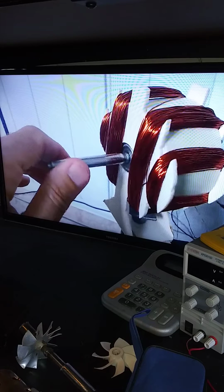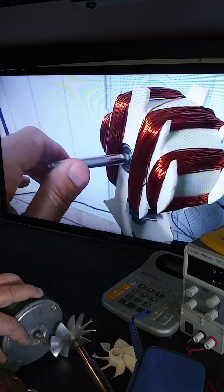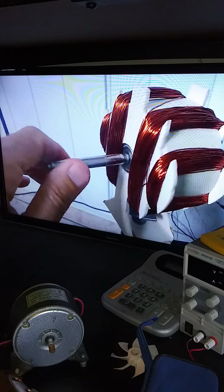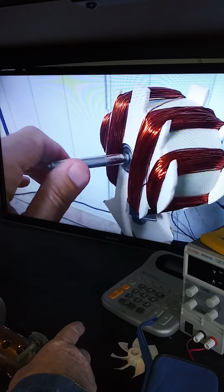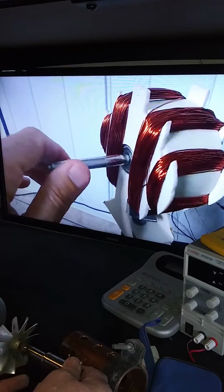And I did a little bit of preliminary testing with the speed of this motor, and I found that it'll run on less than an amp at 12 volts. But boy, once you put that magnet in there and it gets underneath the load, it really jumps up there. So anyway, this will be how it's going to be set up with the fan on there, and it'll blow